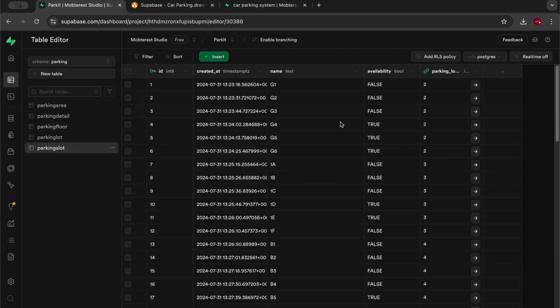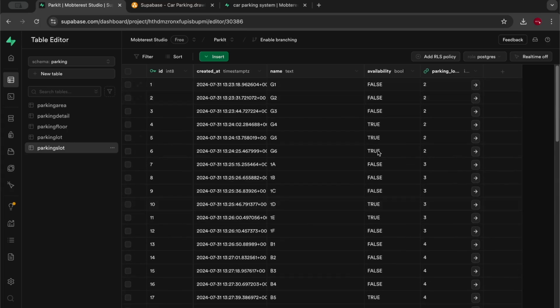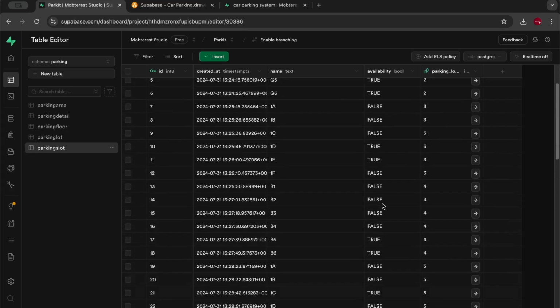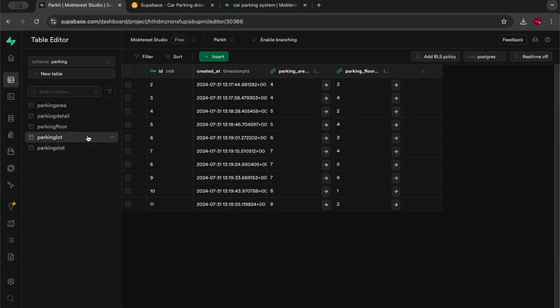And then we have now, for example, parking slot. Now the parking slot will hold a name. You can see the different types of names of slots that you can have, showing the availability in terms of true or false. And then we can have now the parking lot. So that parking lot, for example, parking lot ID 2, if we head over here and go to 2, we're referring to the downtown parking plaza. It has